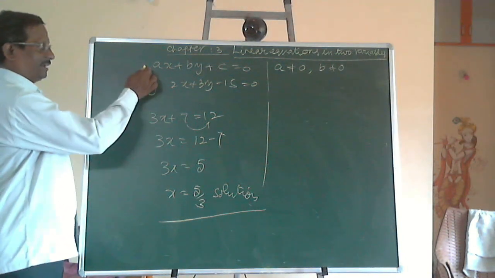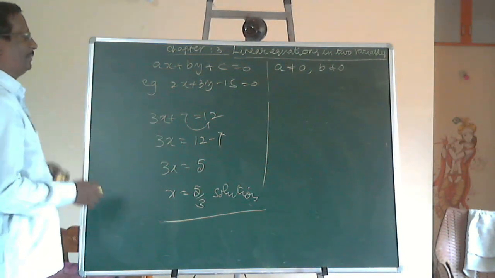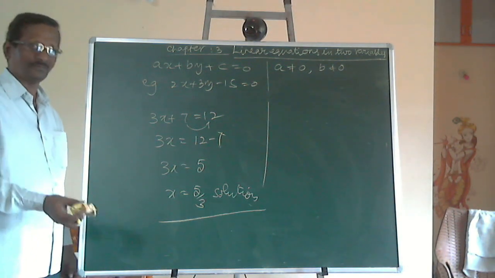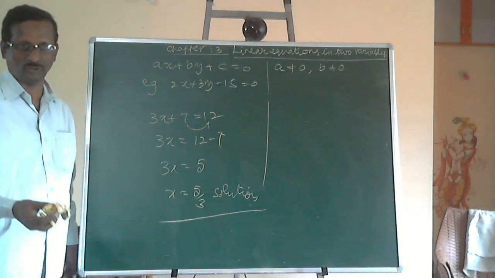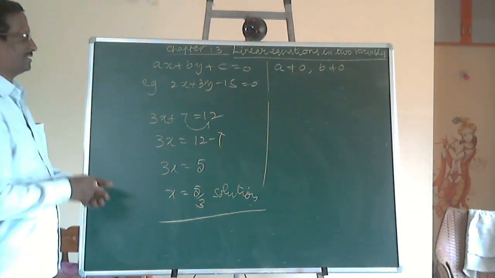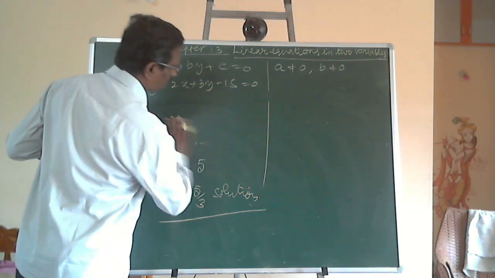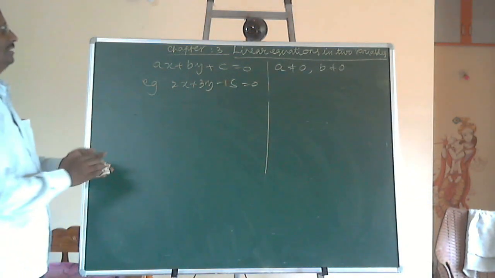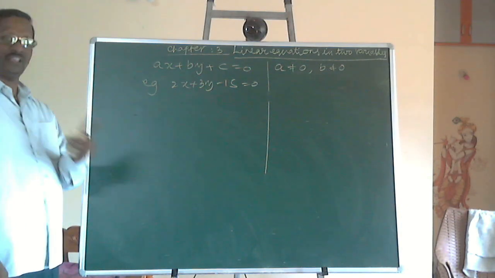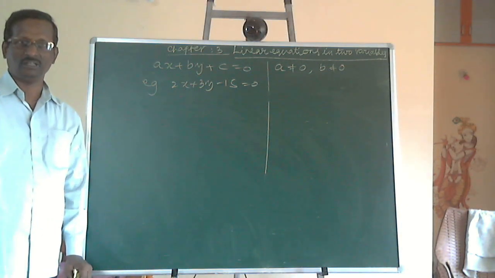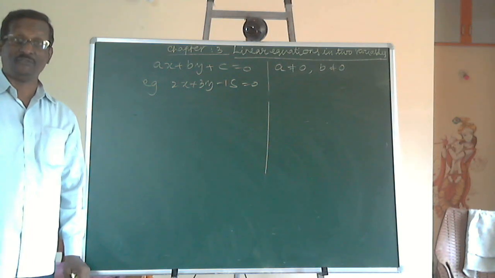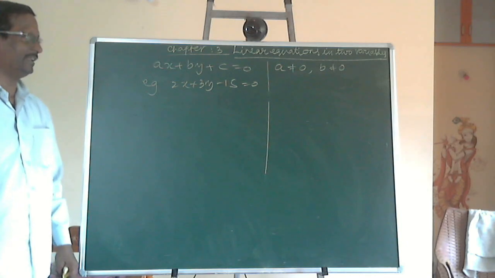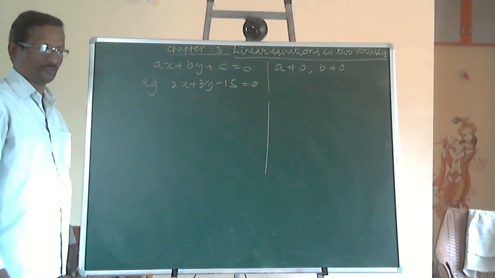Now, when it comes to the case of a linear equation in two variables, can anybody tell how many solutions are possible, or if possible whether it is a unique solution or many solutions? Let us discuss. Here in a linear equation in two variables, the equation is only one, but the number of solutions is infinitely many. Equation 1, solutions infinitely many. Example, how to get the solutions?